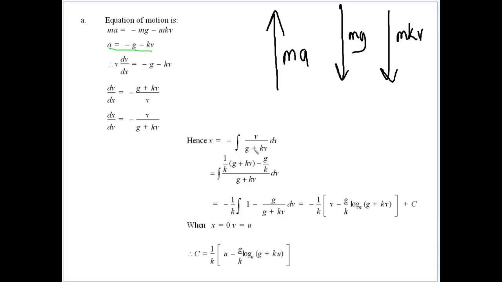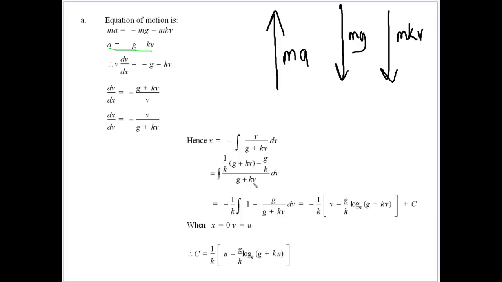So we need to look at that, and we can see we're going to get a log function, but also when we look at that, the v is the same power there, so we can do some polynomial division because it's the same degree. So we can either do the polynomial division, or if you're confident enough to decompose it this way, because we know we can get the g plus kv up there, but that would need a g plus a k. We didn't get the g and the kv, we multiply by k, add the g, but we've got to multiply that also by 1 on k and subtract a g on k there,